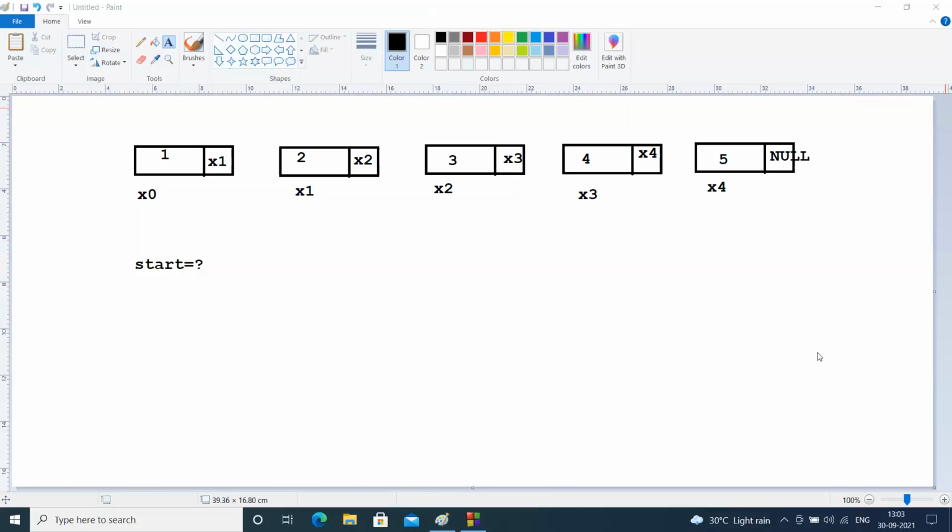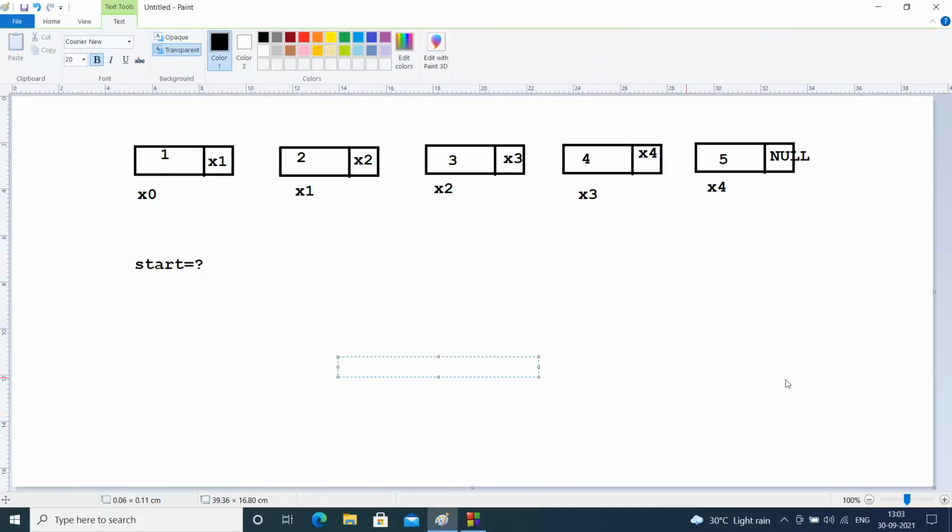Temp is equal to start, and start is equal to start's next. Okay. And then just free temp. Okay. Correct. So